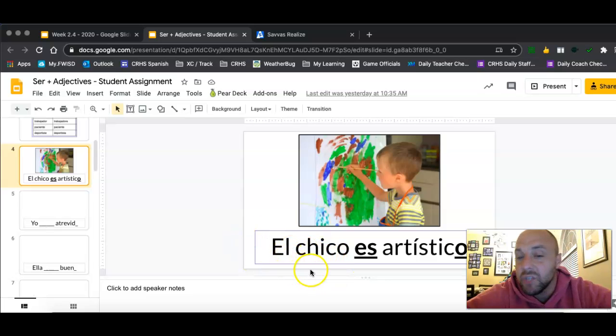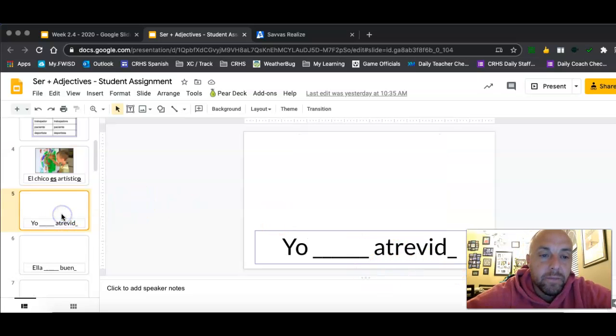So in this case, el chico is masculine. So artístico is going to end masculine. Okay, so we get our el chico es artístico. And then what you're going to do is you're going to go through and you're either going to put soy or es in this blank. And then atrevido or atrevida,